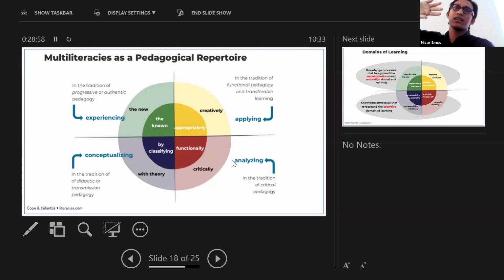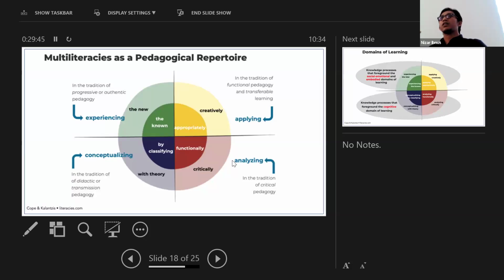The four areas here, starting from the green until the yellow, are actually not new. It is actually a summary of popular or prominent pedagogical traditions that have been around for centuries, for ages. Cope and Kalantzis did admit in their paper that they do not create a new tradition. They do not propose a new formula of activity. They simply summarize what has been around for centuries in terms of pedagogy,